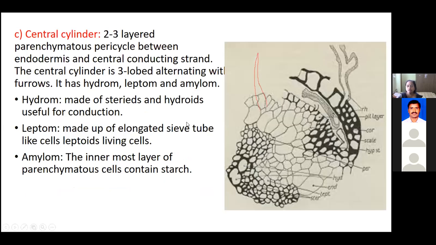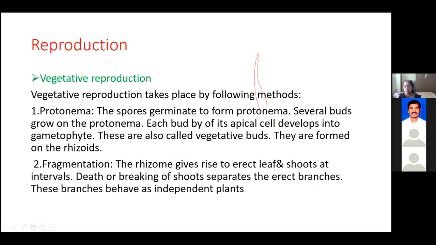So now we'll go with the reproduction point of view. So this ends with our gametophyte external morphology and the internal morphology. Now next we'll go for the reproduction, how the plants are undergoing reproduction. So just like the previous genera, even Polytrichum is also undergoing vegetative reproduction by the following methods. One is the fragmentation and then the protonema. So fragmentation enti ikkada? Fragmentation ante ikkada entante the rhizome,